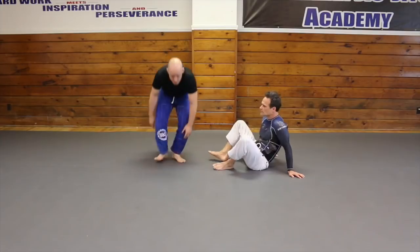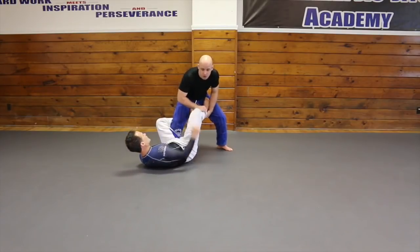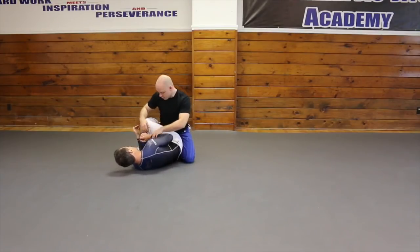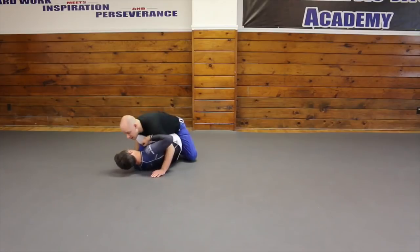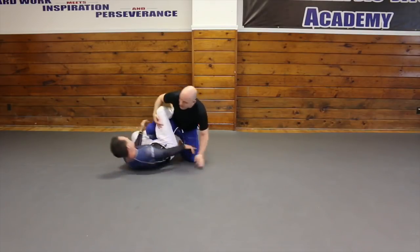So let's say we're here like this, right? I'm inside Russ's De La Riva guard. I came through and I went for a simple leg drag. Boom, here, right? I came through and I wasn't ahead of his knees, so right now, if you look, you bring your arm down, I'm not ahead of his knees. I'm behind his whole entire body. I'm right behind his butt. So if I'm here and I drop down, he can pull his knee out, start driving his knee, put pressure into me. It's hard for me to keep as good control,